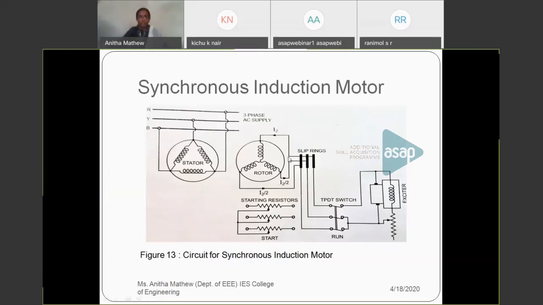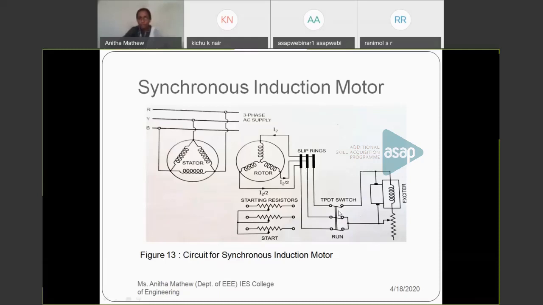There are slip rings, and from the slip rings, the rotor is connected to the starting resistors in the starting time and to the exciter when it is in the normal running condition. That means at the starting time, in order to reduce the high starting current,